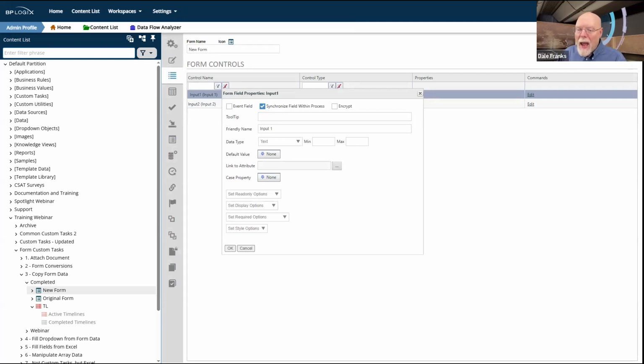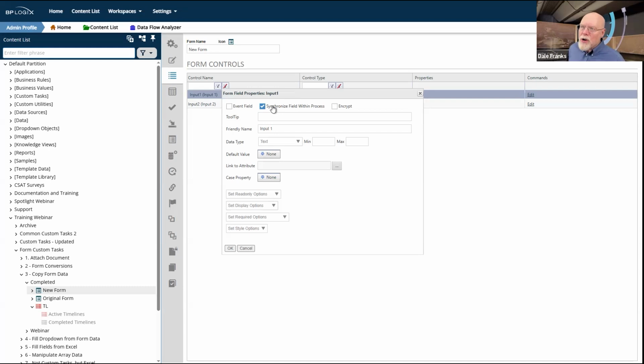So as long as my form fields have the exact same names on two different forms, if both of those forms are in the same process, then whatever field is marked as my synchronization field, my master field, its value will automatically be transferred over to another form who has a field of the same name inside the same process.